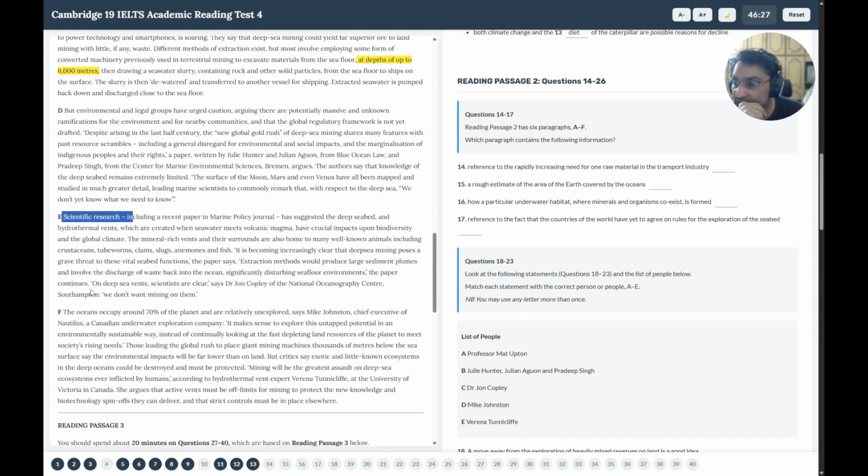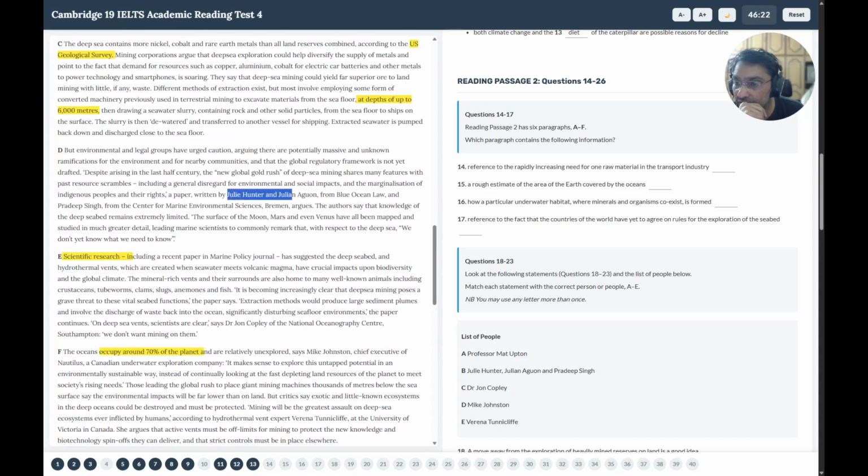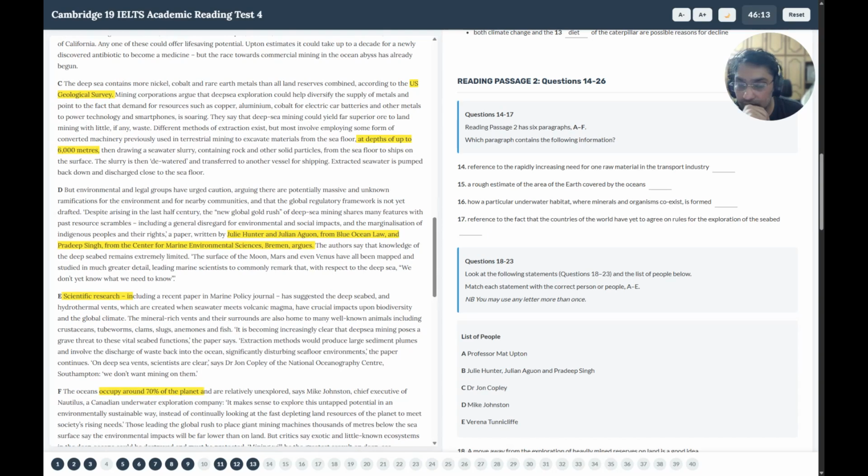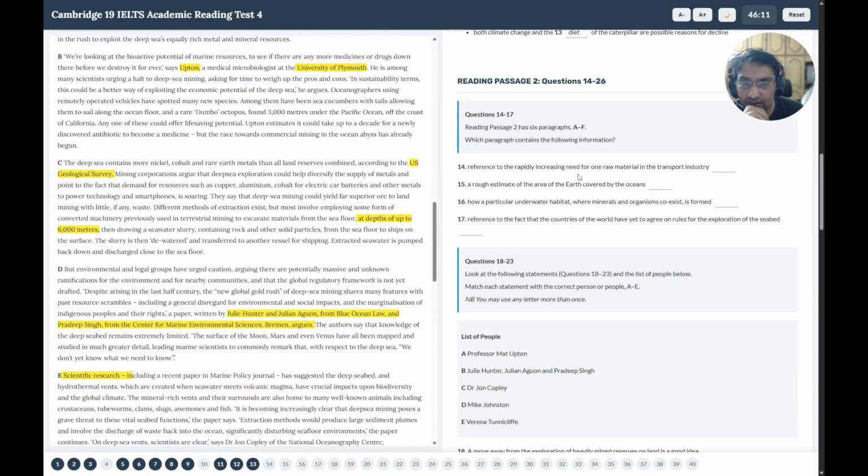Scientific research. Oceans occupy around 70% of the planet, by Julie Hunter and Julian Agon from Blue Ocean Law in the Center for Marine Bremen argues. Okay. A reference to the rapidly increasing need for one raw material in the transport industry. A rough estimate of the area of the Earth covered by the oceans. How a particular underwater habitat where minerals and organisms coexist is formed. Reference to the fact that countries in the world have yet to agree on rules for the exploration of